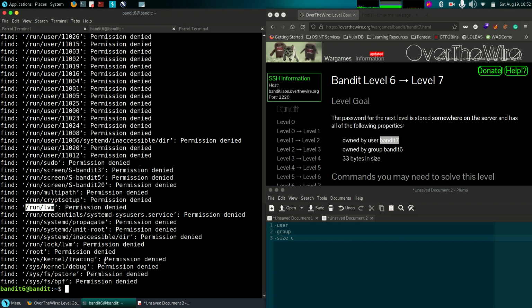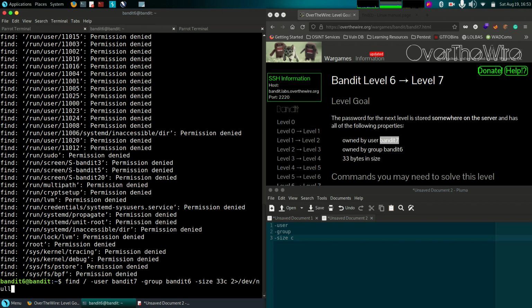So in order for us not to see these error messages, what we need to do is actually add this command to the ending of our command, which is 2> /dev/null. So now what that 2> /dev/null is,